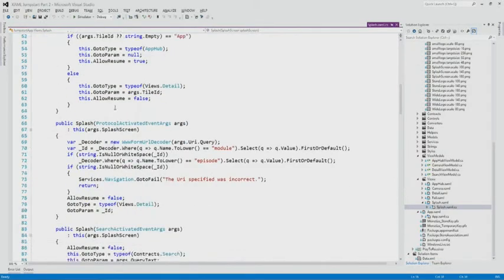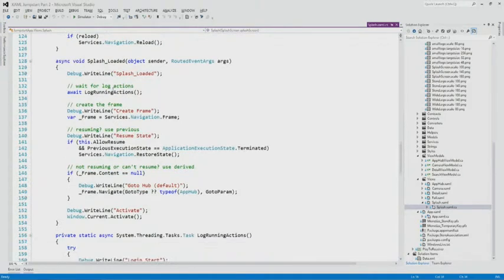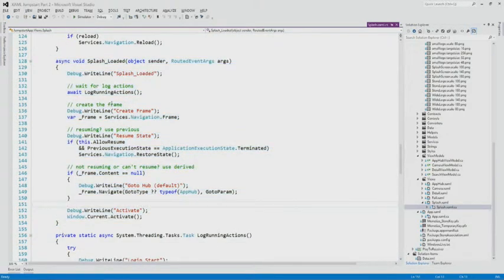All right, so I'll go through our loaded event. This is where the extended splash screen loads, and it goes like this. There are a few debug pieces in here, and so it begins, and then we await long-running actions. That's encapsulated away, so we don't have to talk about all the stuff it does right now. But that's the one that goes out to, in this case, we know it logs us into Windows Live, goes out to SkyDrive, does a couple other little things. Those could take a little while, depending on the user's bandwidth. Then it